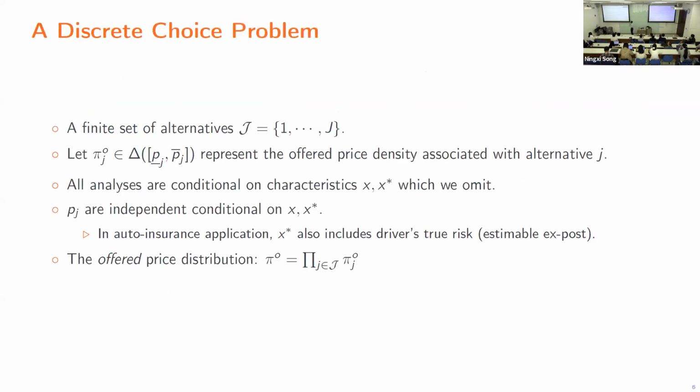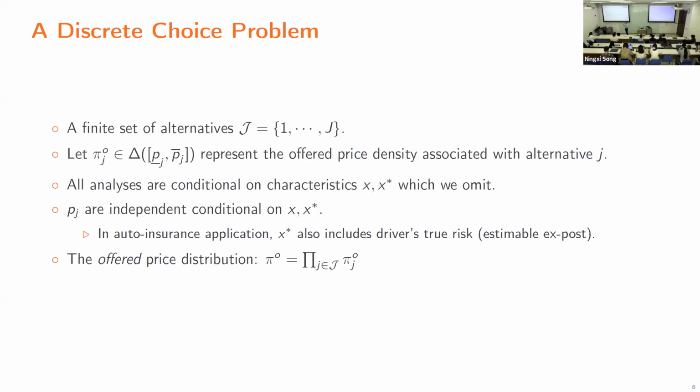Okay, because I'm a theorist, I will directly jump into the model. Here, for convenience, let's consider a discrete choice problem. There is a finite set of alternatives, 1 to J. You can think of these as 1 to J sellers. They each sell a product, and each seller offers a random price, and this π_j^O denotes seller j's offer